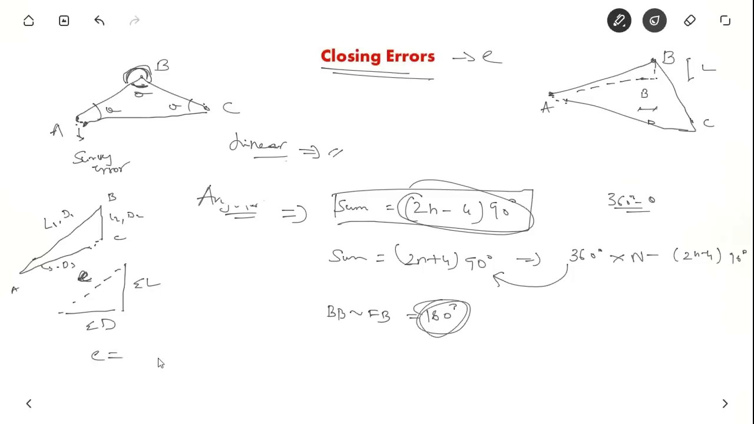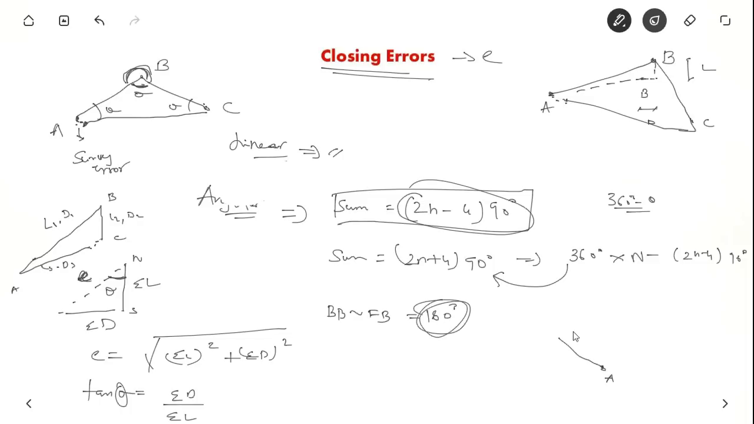So the error is the root of (sigma L) the whole squared plus (sigma D) the whole squared. And what is the bearing of this error? This is the north-south direction, so I am drawing the bearing here. In reduced bearing terms, tan theta equals sigma D by sigma L. So theta is the bearing of the closing error. If you want to understand this more clearly, suppose you are drawing from point A,